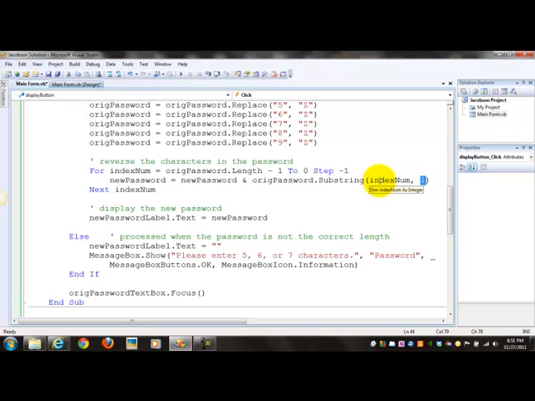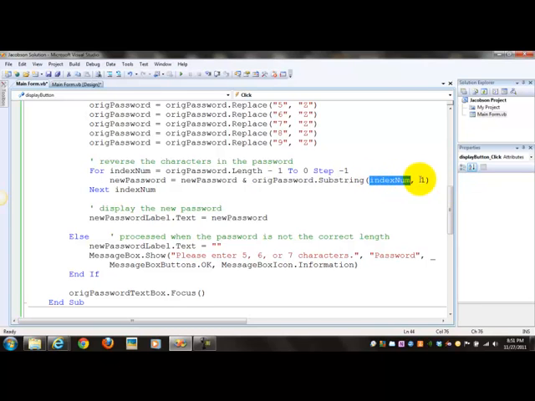So it will take the absolute last character and assign it to the new password variable. Then our For Next loop moves to the next index num value. It was a 5, now it's going to be a 4. So the new password is going to take whatever is currently in new password plus the substring of 4 for